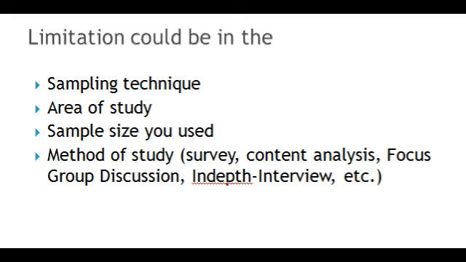So in most cases, examiners do not accept time and money as limitation of study. They want you to mention the exact aspect of your methodology that you think is weak. Time is not a methodology. Money is not a methodology. But time could affect the area of study or the scope of the work. Money could affect the number of elements you are able to study.